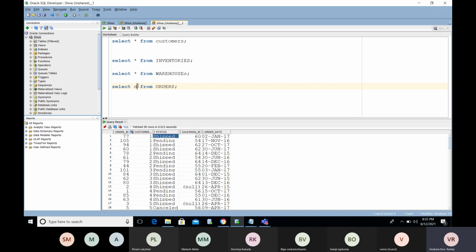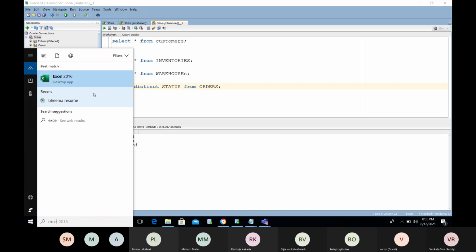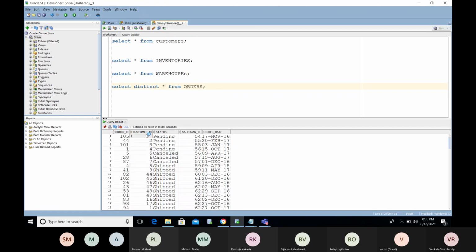Everyone needs to practice. What is the status of the order? I will let you know. Now we have the 3 shipments. So I am opening my Excel sheet. I'm going to sort the data.